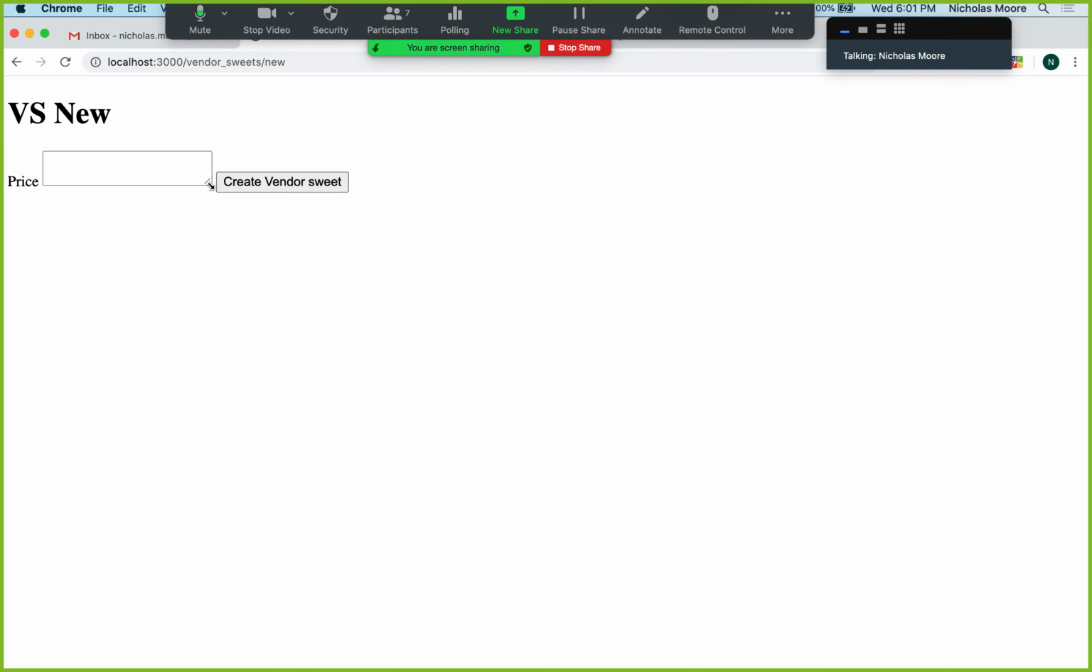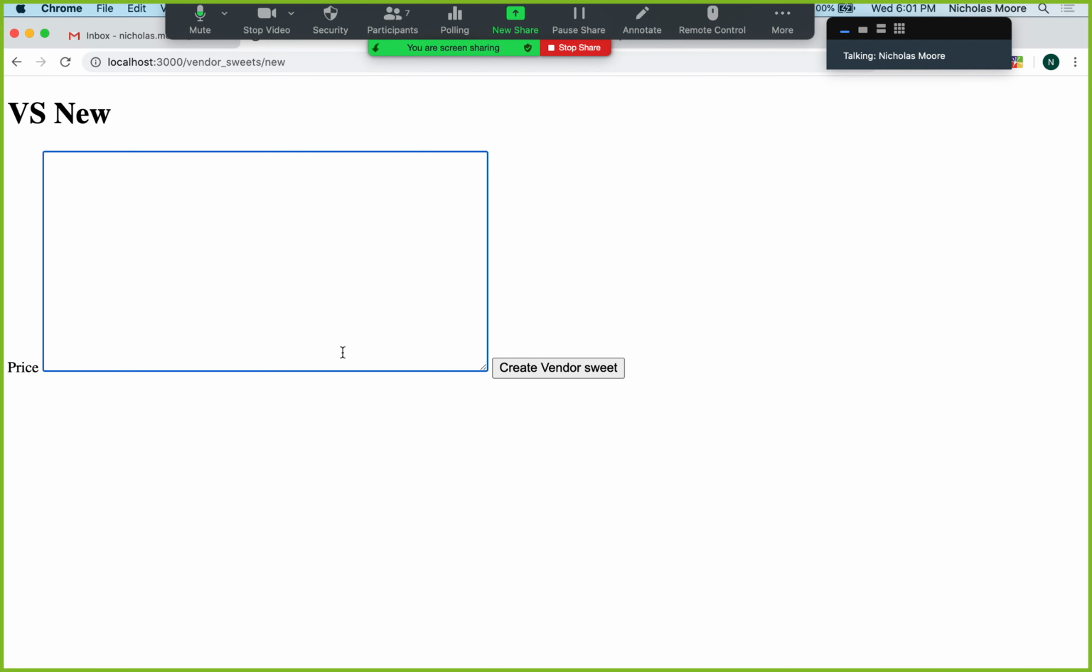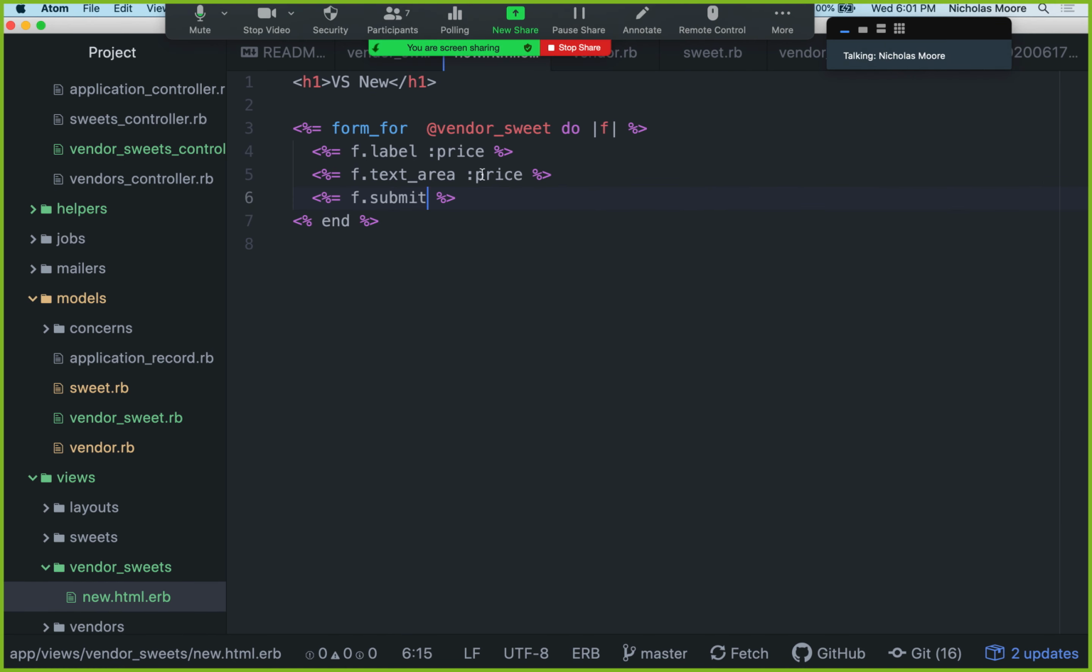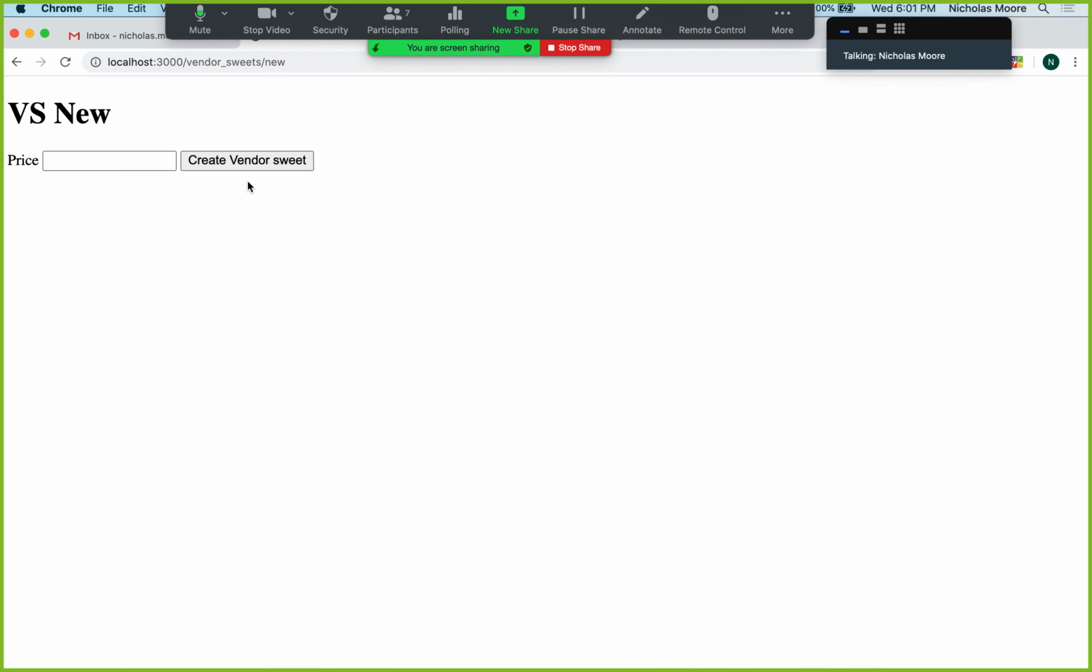All right, but this is weird because that's weird to put a price in here. Like 99, that looks odd, right? That doesn't seem good. Text area is not the best. Okay, well what if we narrow it down and say text field? All right, well let's try that. That's better, but